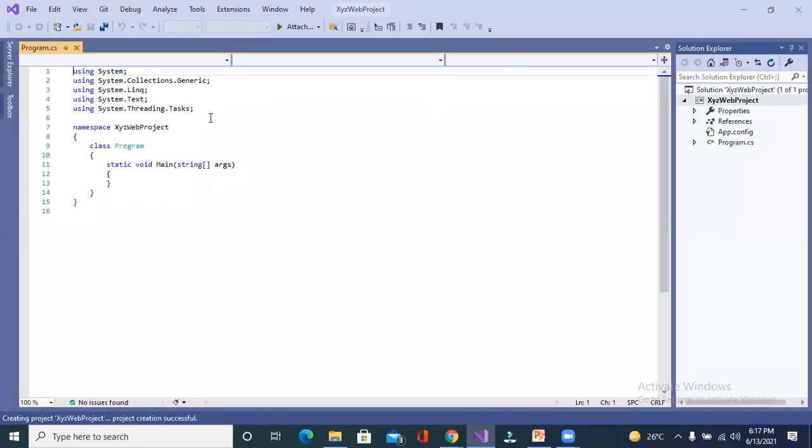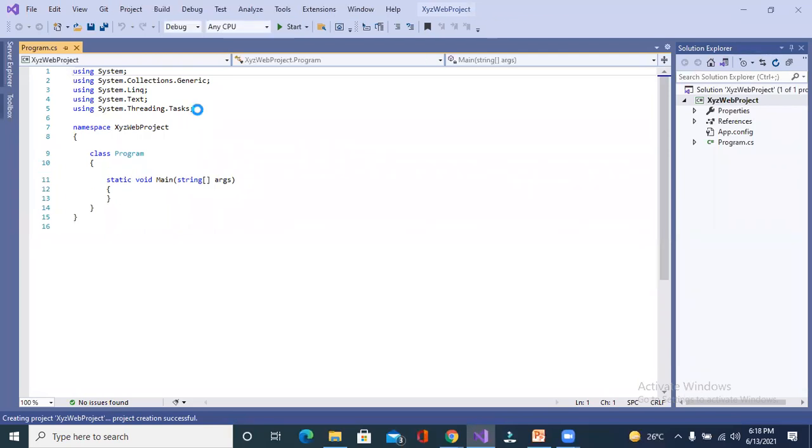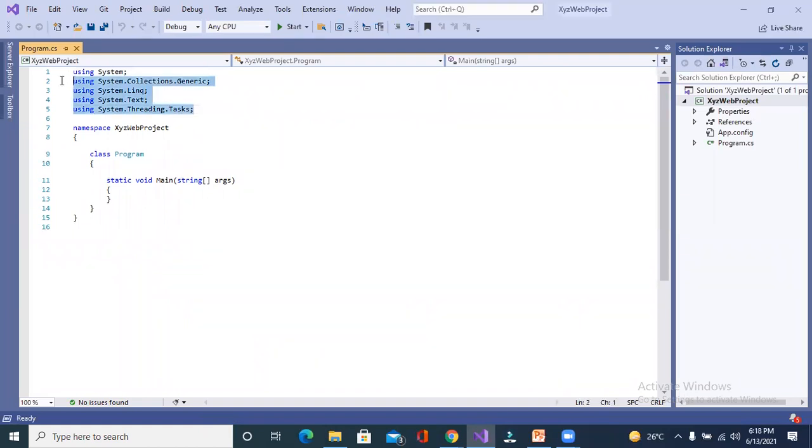So now try to understand. This project is similar to the last class project, right? Here I have removed some code which I wrote in the previous class, to make this code very simple.